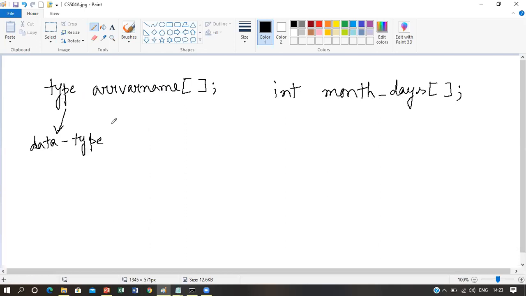Thus the data type for the array determines what type of data the array will hold. So here in our example, monthDays is an array variable name, you can define any name of your choice, and int is the data type. That means this monthDays array can hold only integer type data or elements.